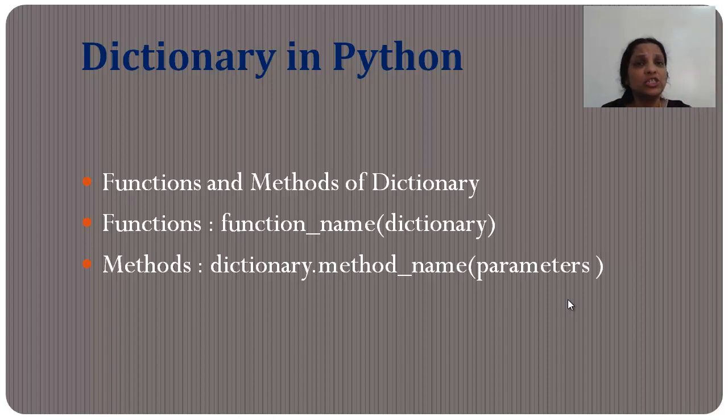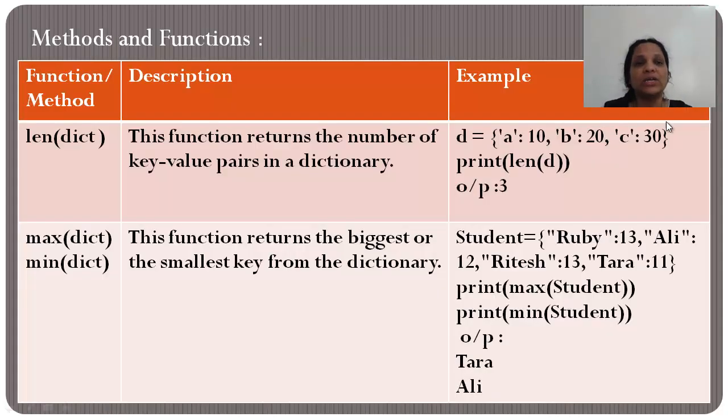If you're using a built-in function, which is present in the standard library, you just refer to it with the function name. But if you're using a method of a class, the class could be a dictionary or a list or a tuple or str, then you write the object dot the method name. So the same concept here. Clear? Okay, so let's start with our first function.